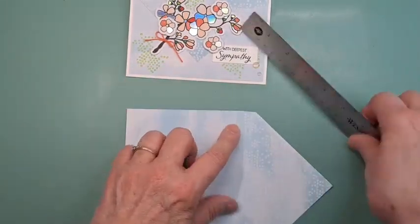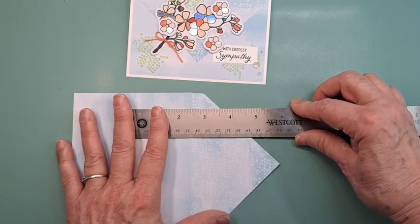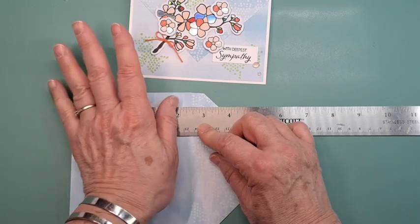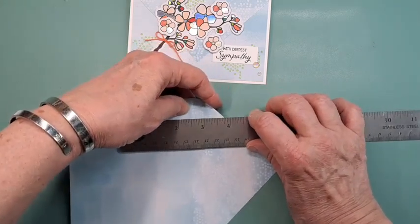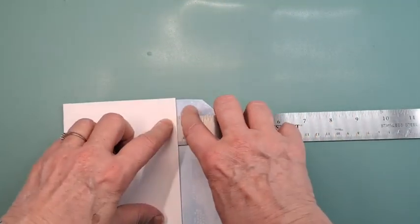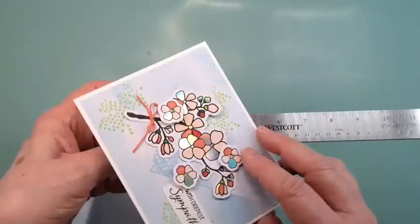So here's the flap, and depending on how you do it, I'm just going to do it this way so it might be a little easier to see. The 2 would be where you cut it on this one, because I just moved it over, and sometimes with all those extra little lines, it's harder to see. Make sure I got this on the crease there. I do the 1/2 inch on the crease. So if you cut it here, see, it gives you that much. If you cut it here, it's smaller, but it gives you that much, and it is enough